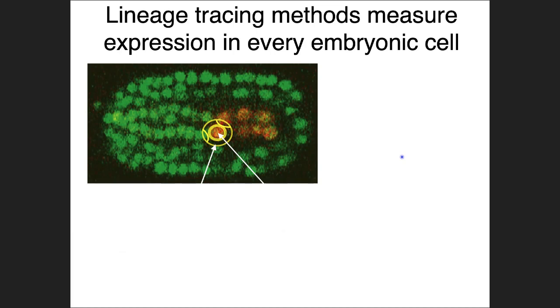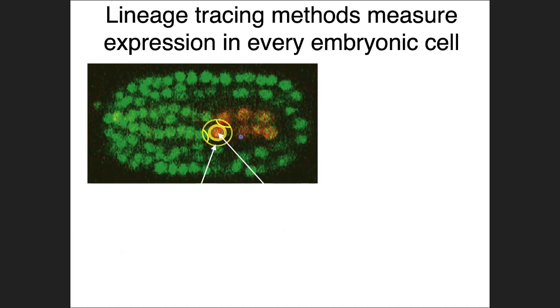And because of this invariant lineage, we can actually make a list of all of the cells of C. elegans at any given stage. And then, if we can figure out the expression of each of those, we have, in principle, a complete description of, for example, mRNA expression across development. Right. So using a movie like the one I showed you on the last slide, we can use cell tracking